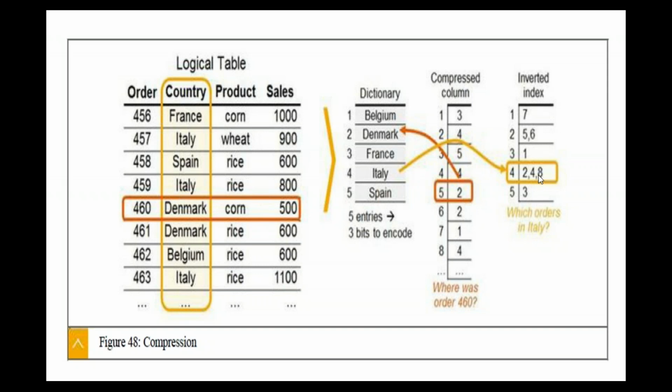Now it's a compressed column. In the compressed column, for Belgium the ID is 1, Denmark 2, France 3, Italy 4, and Spain 5. So we have five unique values per country, and for these 5 unique values, 5 unique index numbers have been created. So totally 5 entries from the country table. Now in the 5 entries, this first one, Belgium, has been added as one, right? So one will be there for